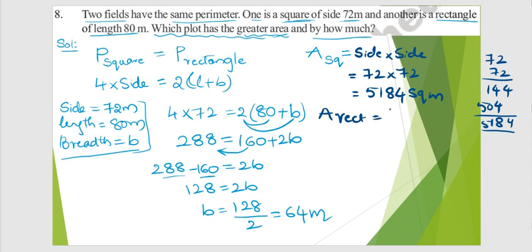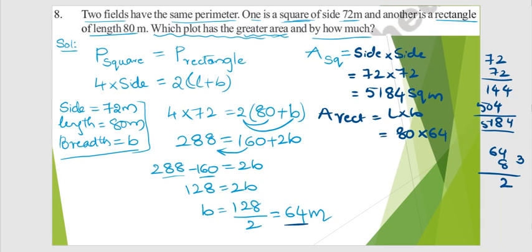So area of rectangle is given by length into breadth. So what is the length here? Length is 80, and breadth is nothing but how much? We have already found it here. So write it down. Next, doing the multiplication, 64 times 8: 8 4s are 32, so 3 will be left, 8 6s are 48, 51. So what am I going to get? 512. But here we are having 0, no? So that 0 I am going to keep here. This is also the same units. So 5120 square units.